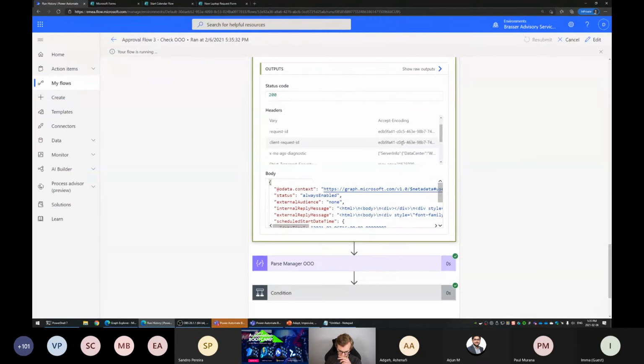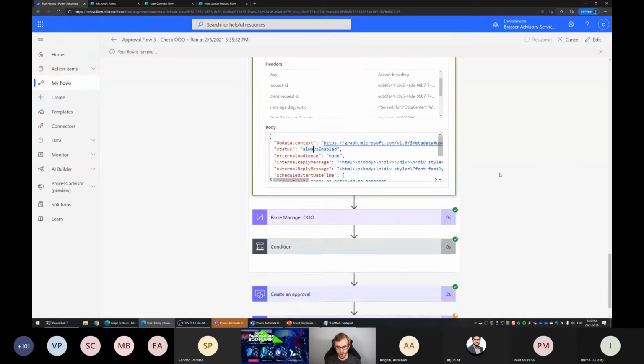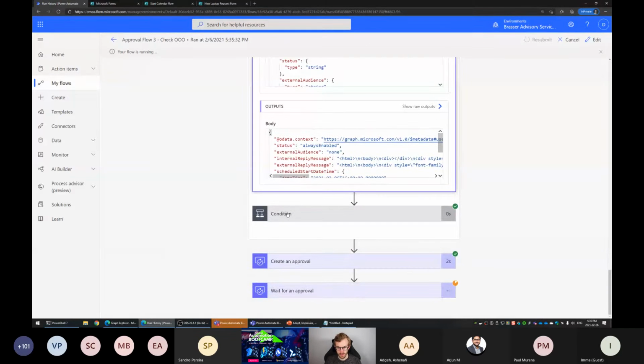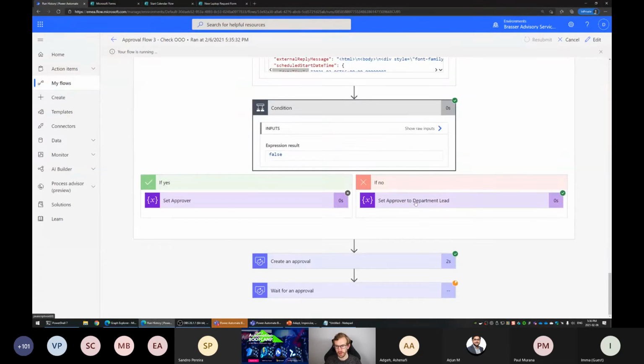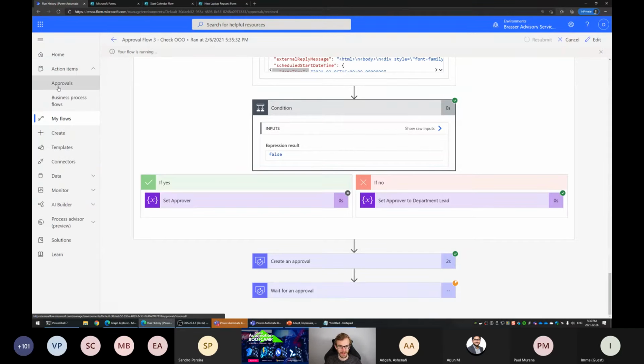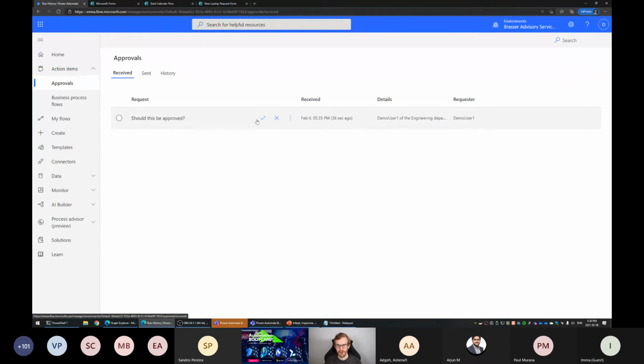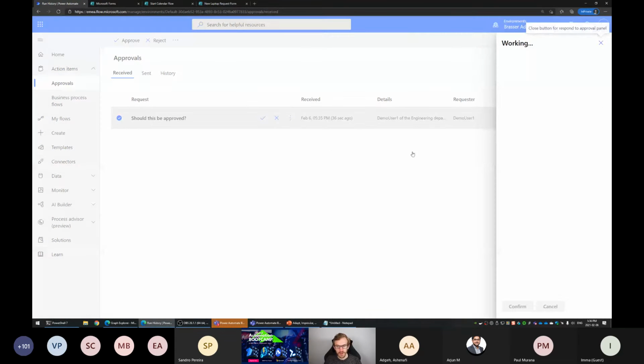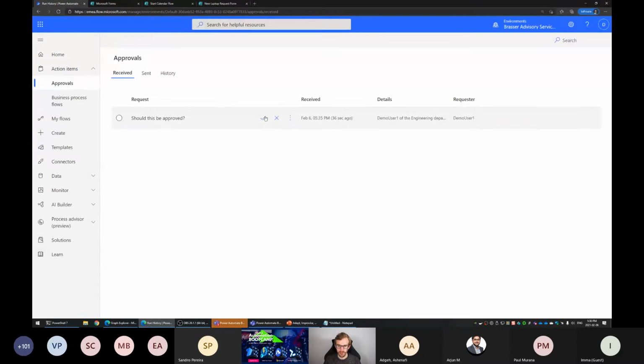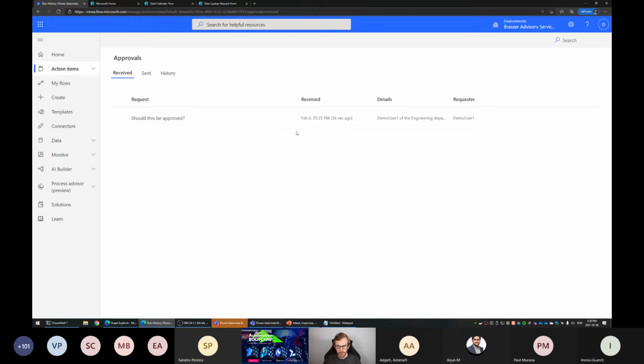And here we see that status is always enabled. It parsed this, and the condition went to set approver to department lead. In this case, the department lead, I have 2 users, so I set it to myself. So now I can approve my own laptop request. But this is just to give you an idea of what kind of information we can get out of the Graph API. So moving on,